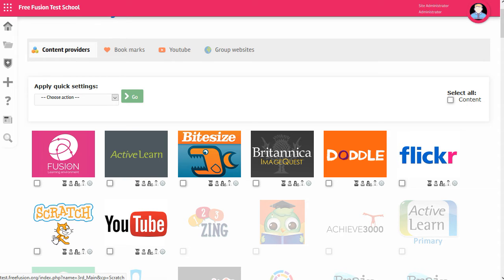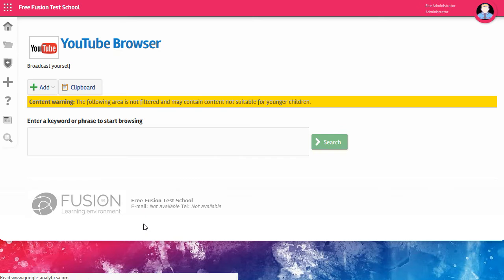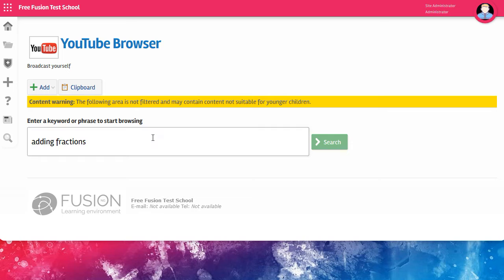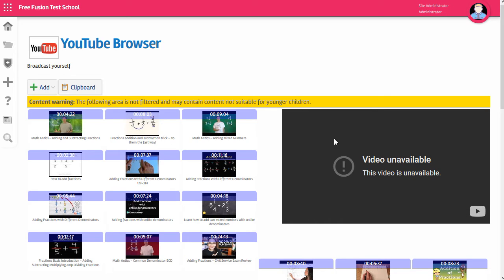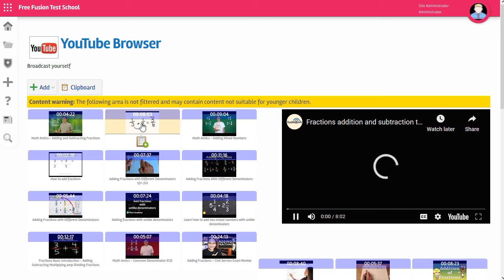And for some content providers, your Fusion platform provides a deeper level of integration. So for example, Flickr or YouTube. If I go in here, I can search that resource from inside Fusion. I simply enter a search, and it searches YouTube live and comes back with some results. I can watch any of these videos,